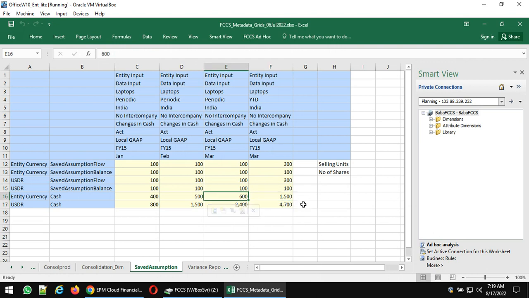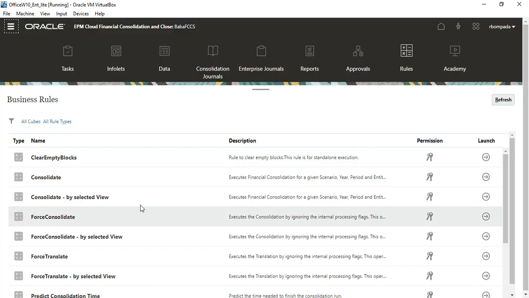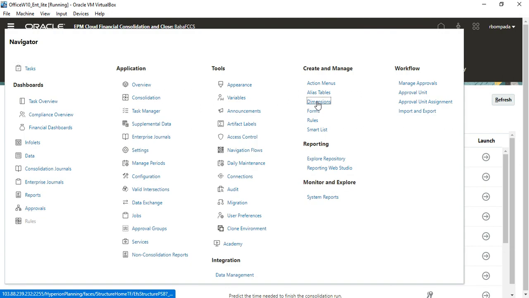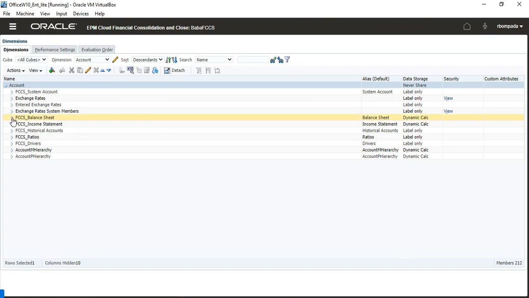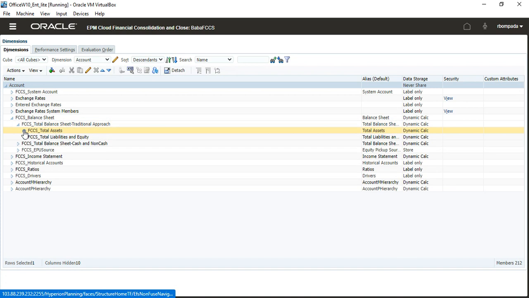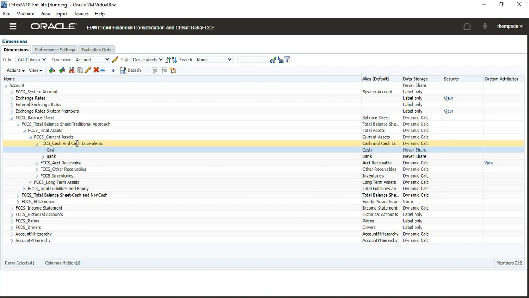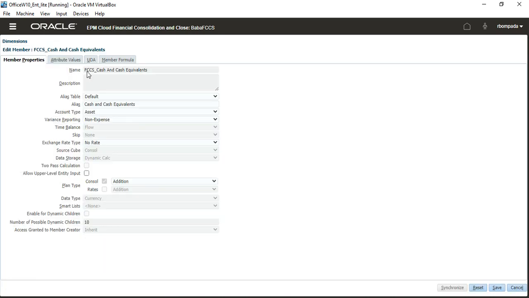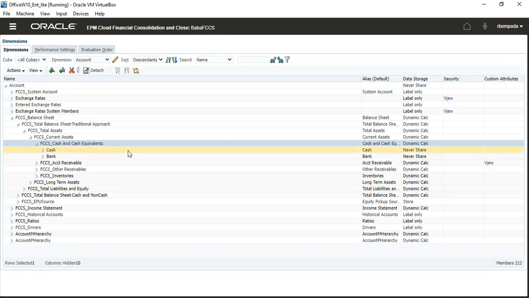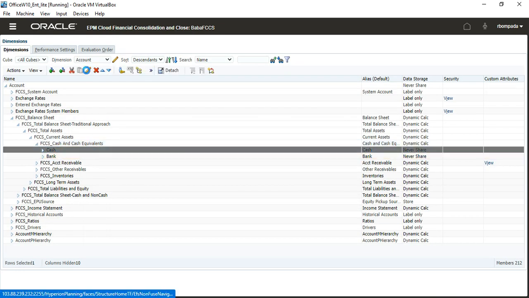So this cash is something somebody has changed. It should not accumulate to YTD, right? So go to cash, go to dimensions, and then expand balance sheet, expand traditional approach, yes. Current asset, cash and cash equivalents, yes. So it is account type asset, non-expense and exchange rate. Okay, so yes, cash,